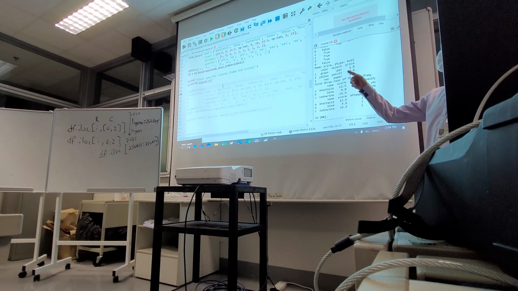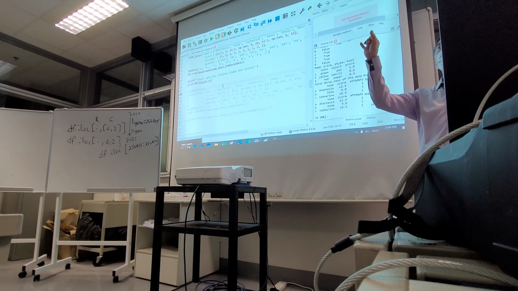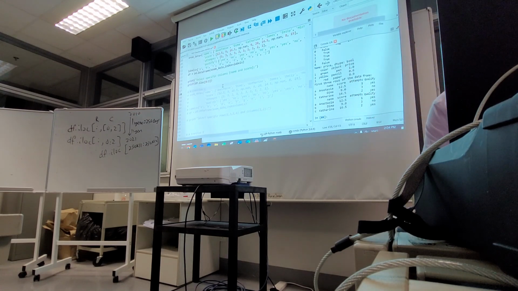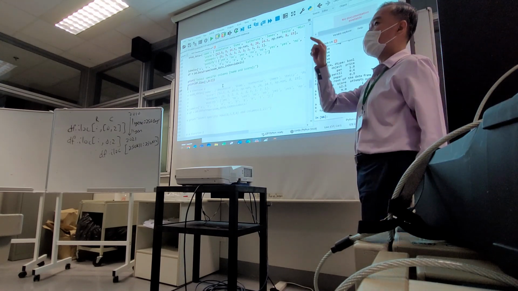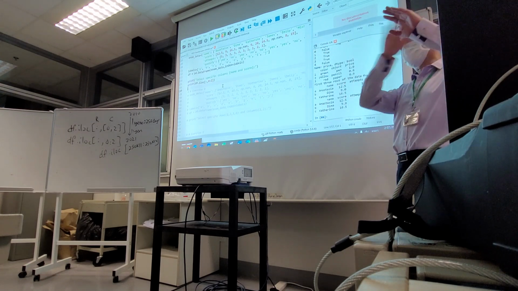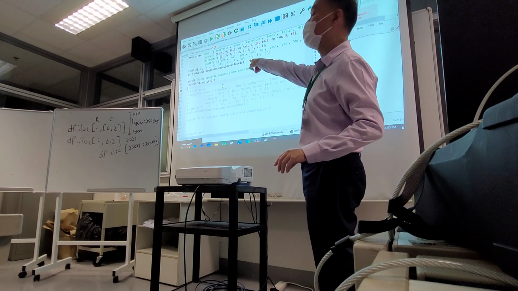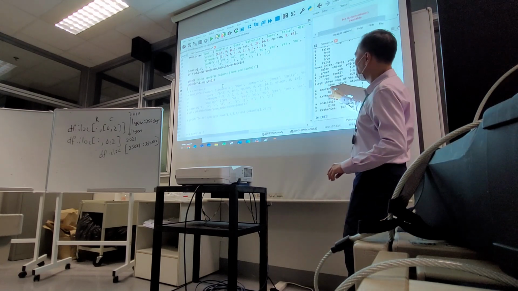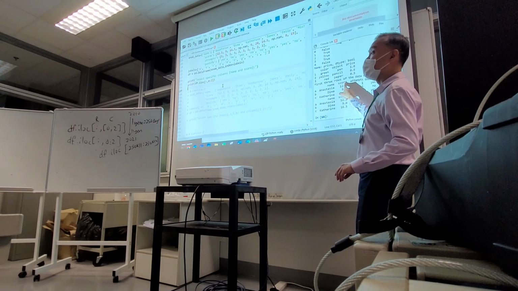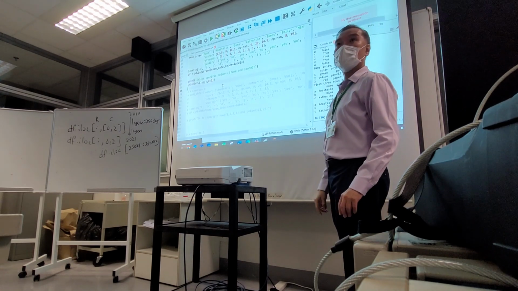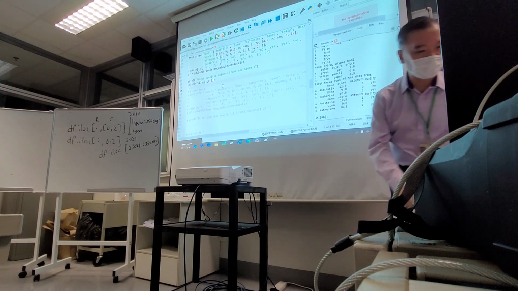Why? Because the first one I have is the row. Sorry, this is wrong. I need to put colon comma. I need a colon there because the first one is the row, and I want to extract all the rows. But of the columns, 0 colon 2. Why 0 colon 2? Because my name and my score happen to be column 1 and column 2, so it's positions 0 and 1. That's why it's 0 colon 2. Got it? So then when I run it,